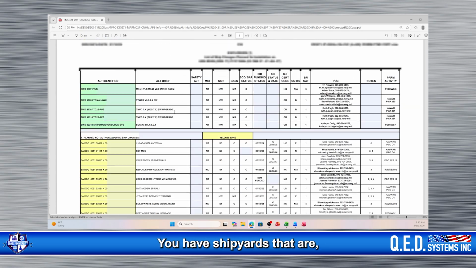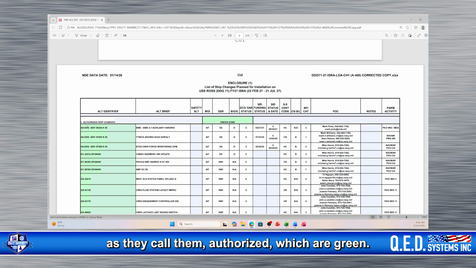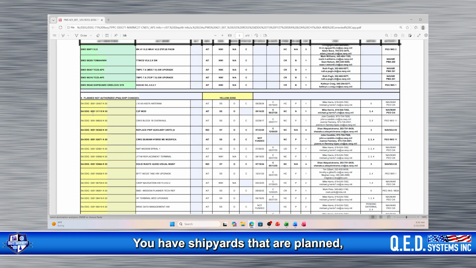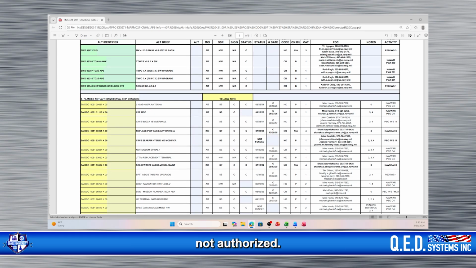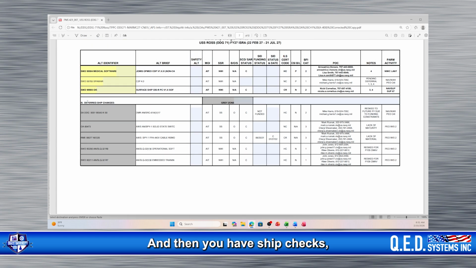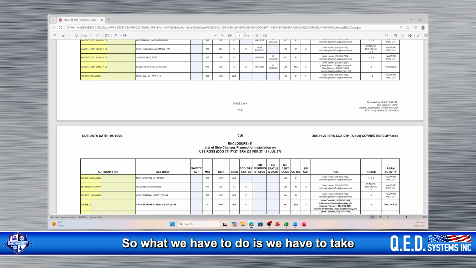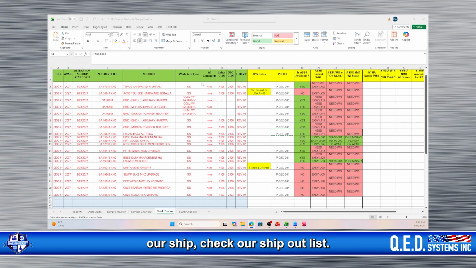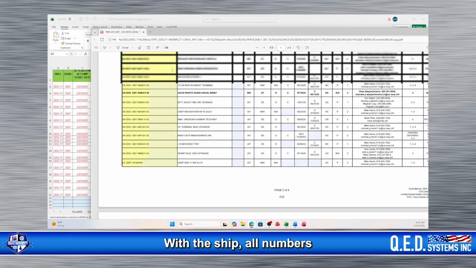Okay, you have ship-outs that are, as they call them, authorized, which are green. You have ship-outs that are planned, not authorized. Okay, so they're not sure they're going to do those yet. And then you have ship checks, ship-outs that have been deferred. So what we have to do is we have to take our ship-out list, and we need to bounce every one of these ship-out numbers with the ship-out numbers